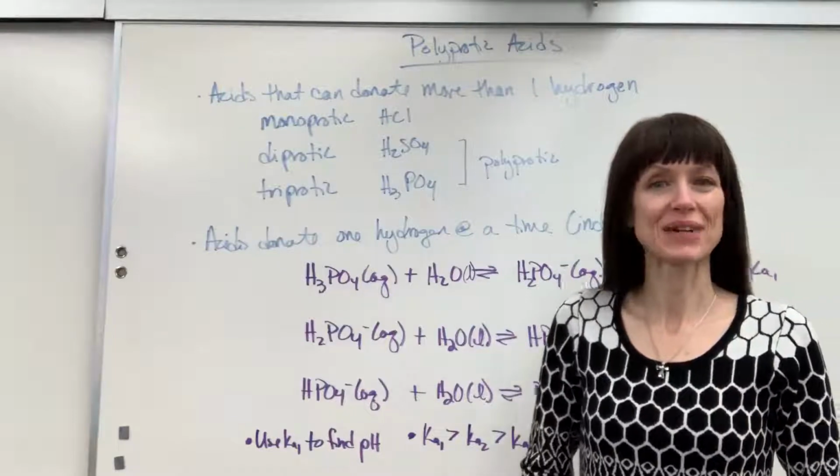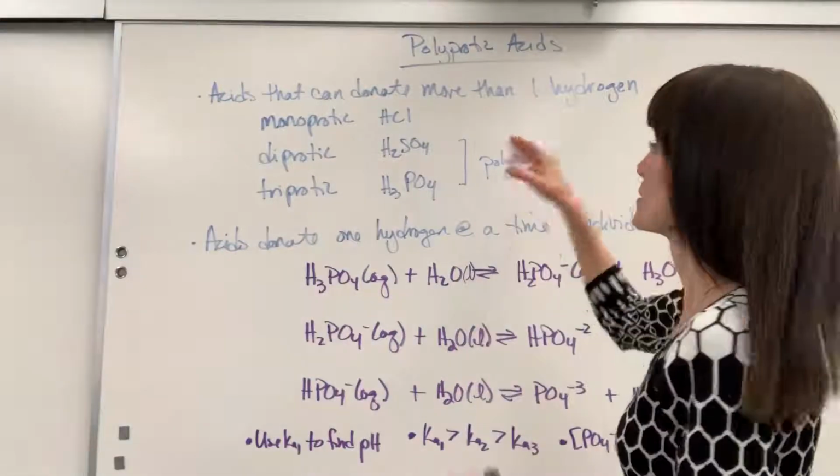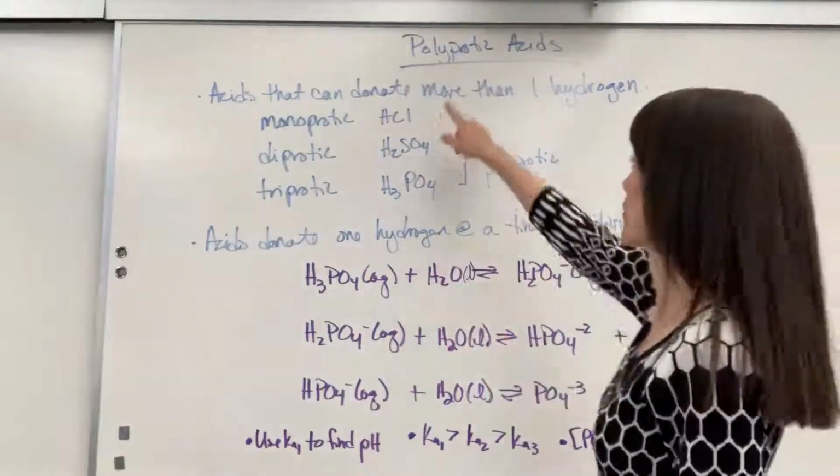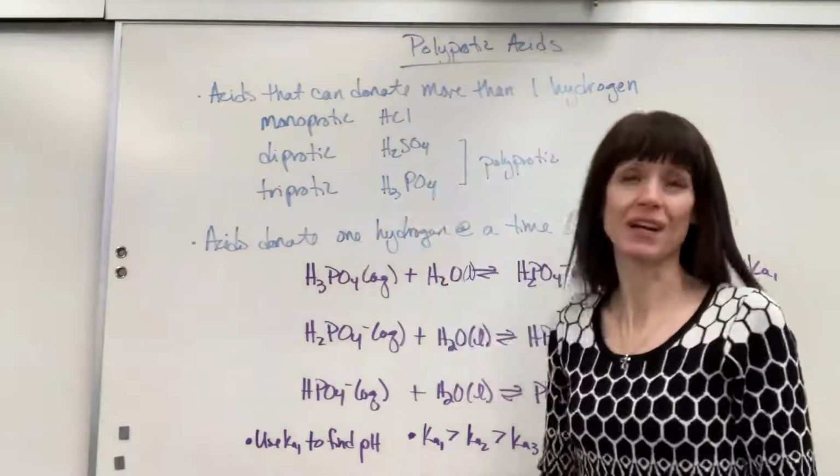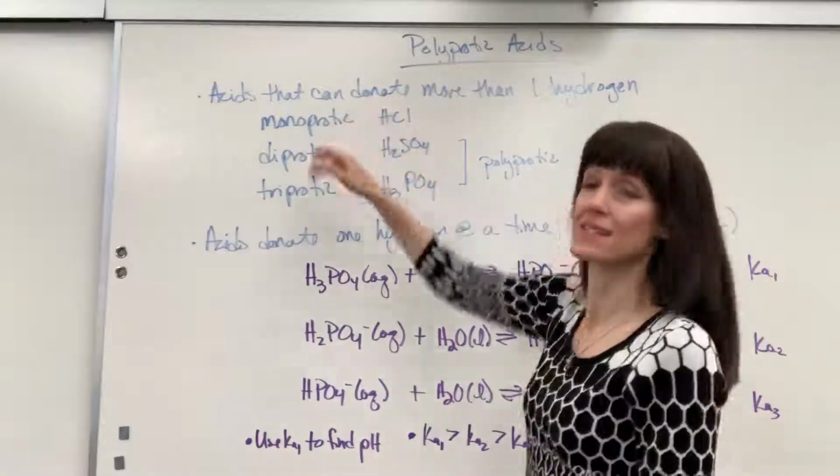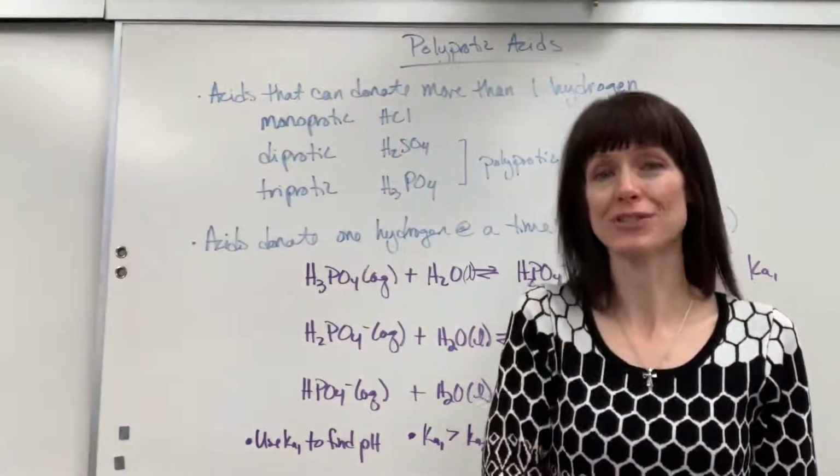Hi, we're going to talk about polyprotic acids. So let's break this down and it will make good sense for you. Poly means many, protic means proton. So it means that these are going to be acids that can donate more than one hydrogen, more than one